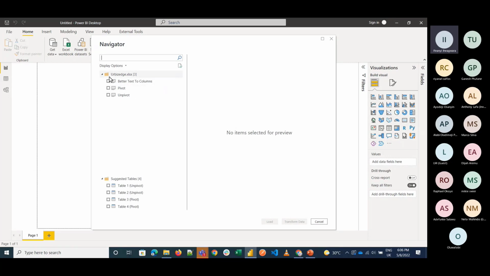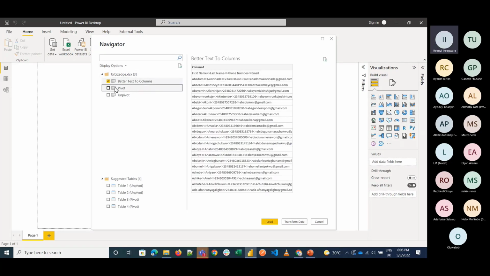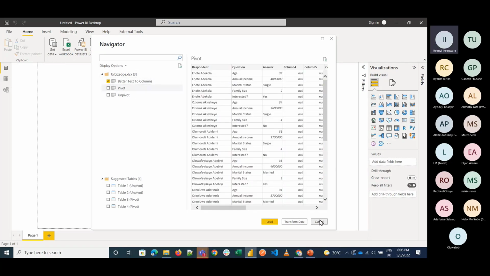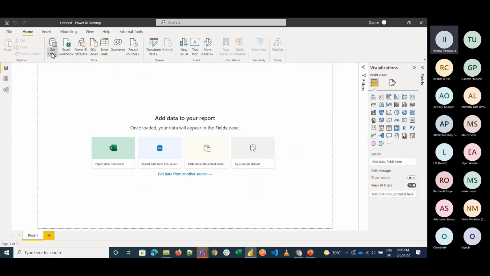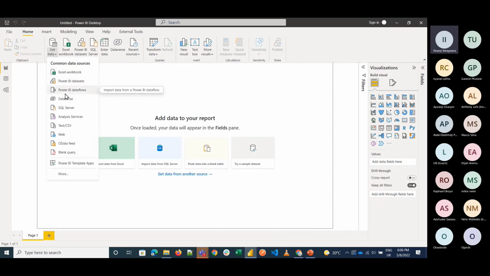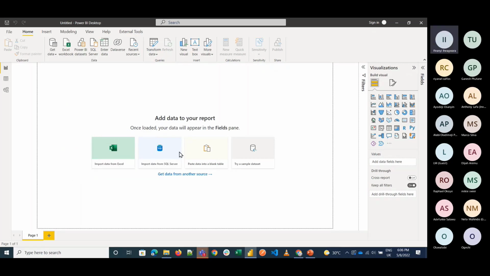Okay, so I can get your data set from here. You look for the data set you want. Before we come here, I forgot to mention, besides getting data from Excel or from a CSV file or the web, you can click on More and you see